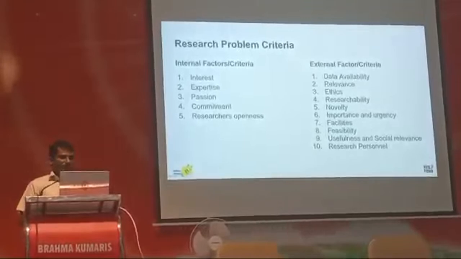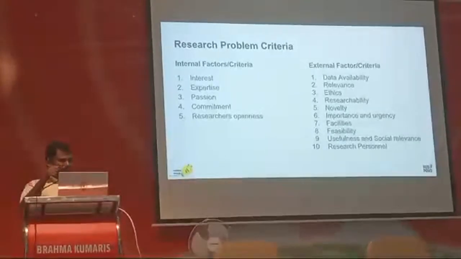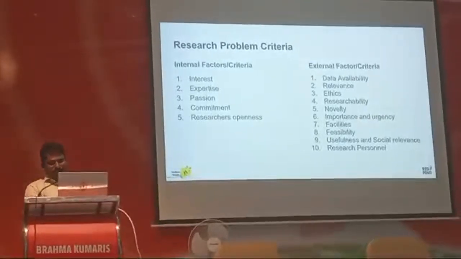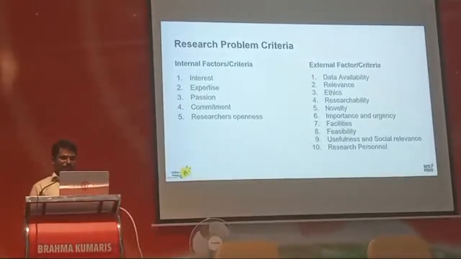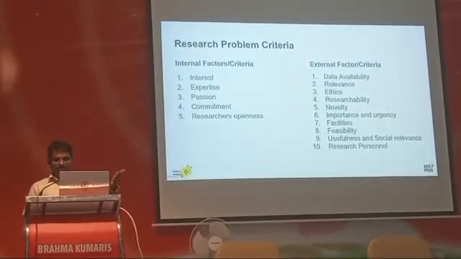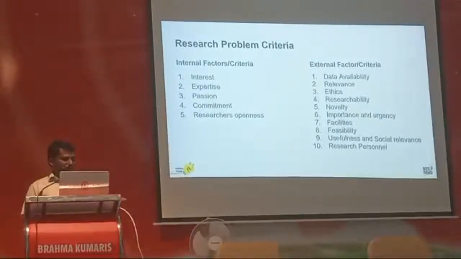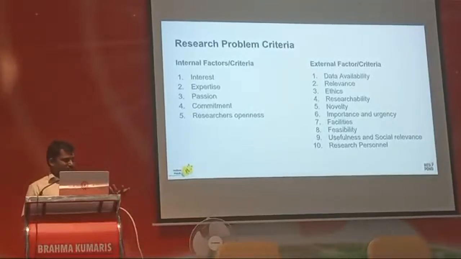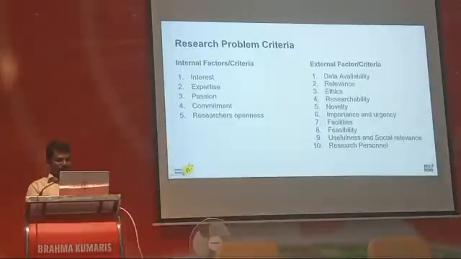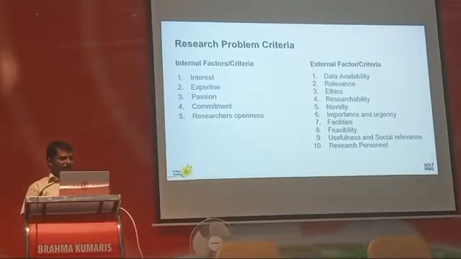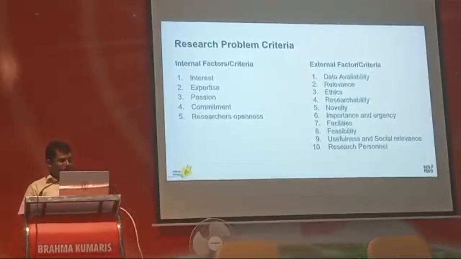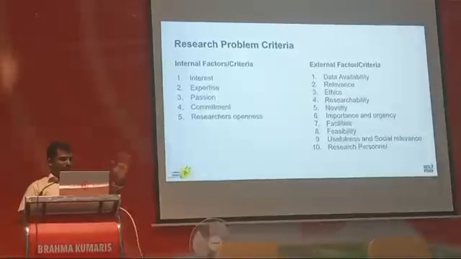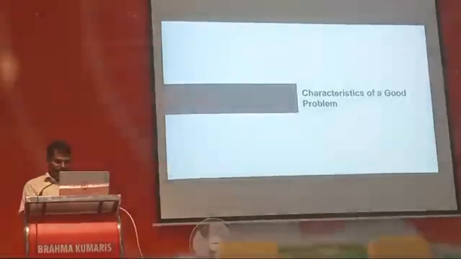The next one is novelty. Novelty means original. You have to make something new. Try to be new in that research component and find out whether there is any urgency. For example, for COVID-19, a vaccine is needed. If it is needed for the present situation, you can focus on that research variable. Also check whether the facility is available for your research problem, its feasibility, whether it is useful for society, and whether members are available for data collection, analysis, and scoring. These are the internal and external factors you have to consider.